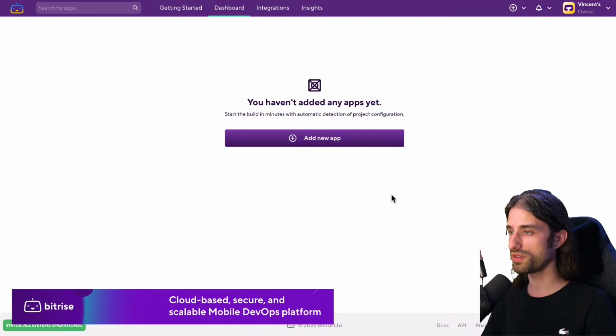I logged in with my account, which is a free account. So everything I'm going to do now, you can also do just by creating an account on Bitrise. I'm going to set up the app we've worked on. As I was saying, the code is on GitHub, so I'm going to use that code and configure it so that Bitrise runs the tests we have implemented. For this, I'm going to add a new app on Bitrise.